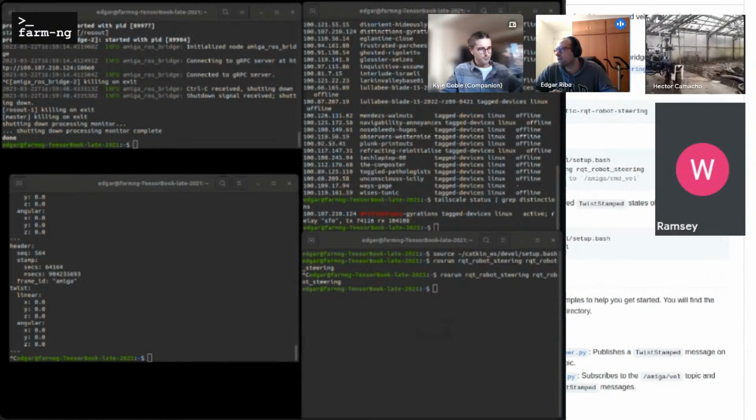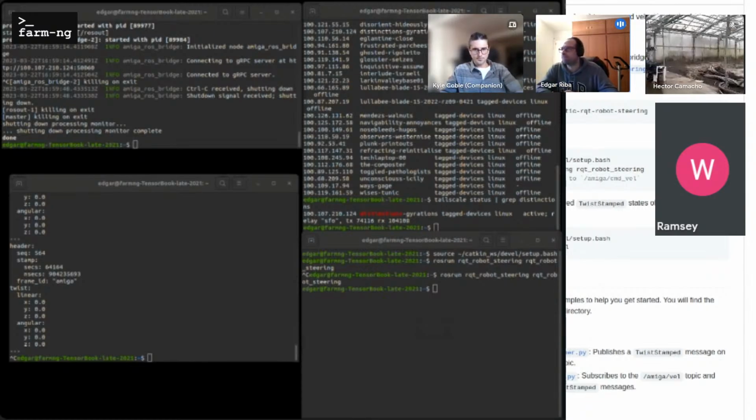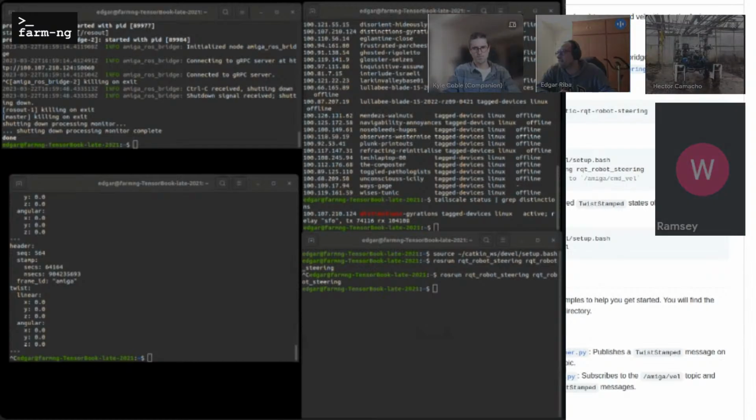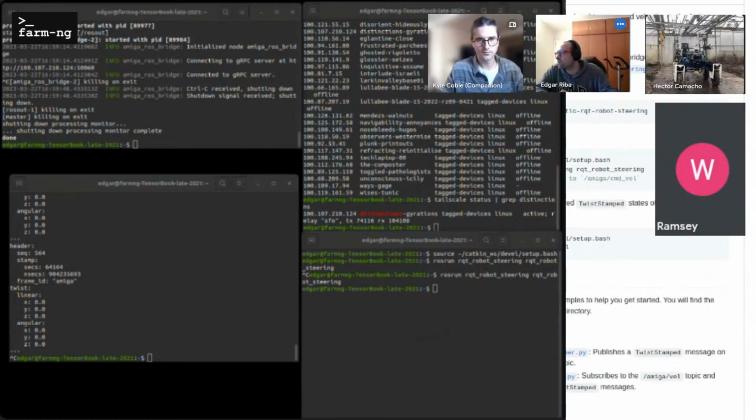Method 2, ros-bridge on your PC. So we have actually, I think that you kind of skipped that, Kyle. First is that in the repository we also provide